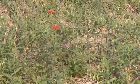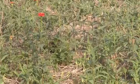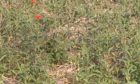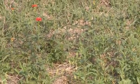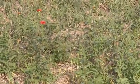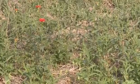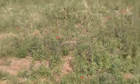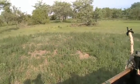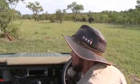No, I don't know how the dwarf mongoose filming is going. In retrospect, it probably wasn't the best idea on my behalf because it is so thick. But are you having any luck there, Nadav? You can just see spots here and there. Okay, well, sorry about that. I apologize for that plan, which was probably not the best. You do find termite mounds that have got no vegetation on them with plenty of dwarf mongoose playing around, so that would have...